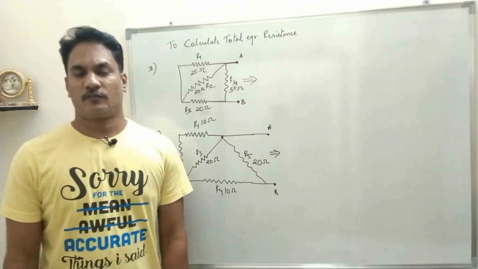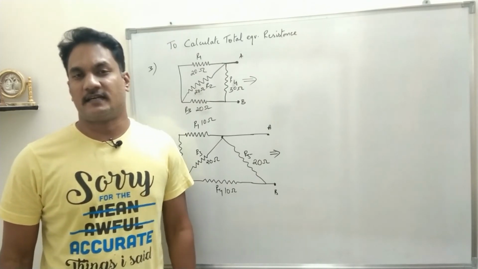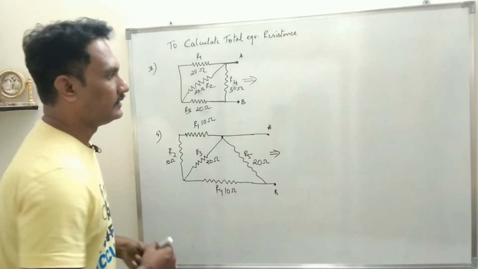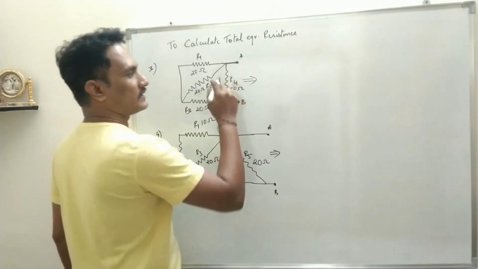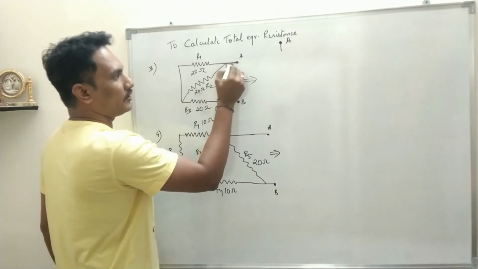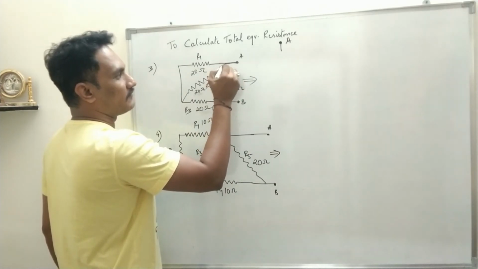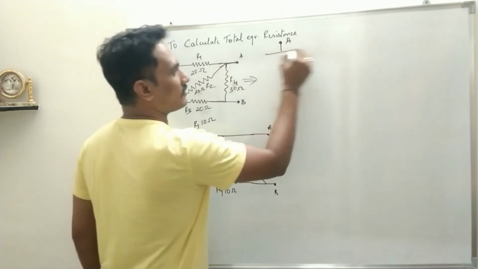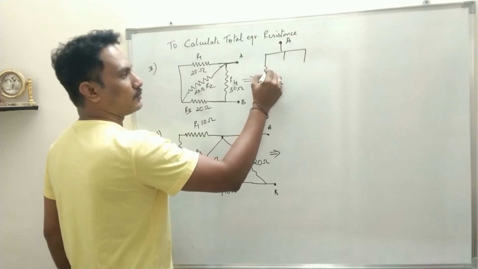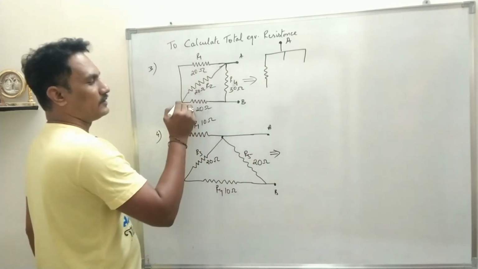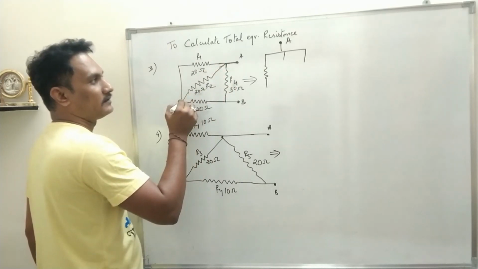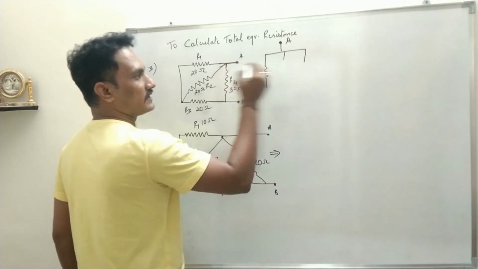Let us take two more problems to clearly understand how exactly a total equivalent resistance will be calculated in a given circuit. So in this circuit, again, let us start with the simplified method. Start with point A. Now when you start with point A, in this example it is bifurcated into 3 divisions. So draw 3 divisions, 1, 2 and 3. On the first division you have R1, right? R1, this is the point at which R1 ends. Now at this same point R2 also ends. So R2 is the second branch.